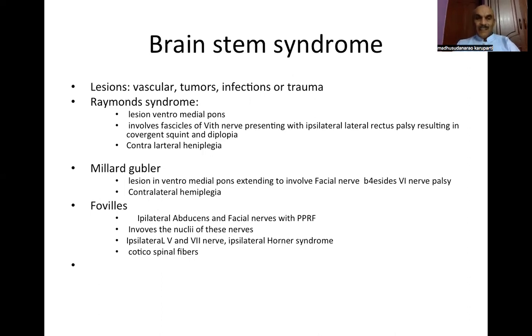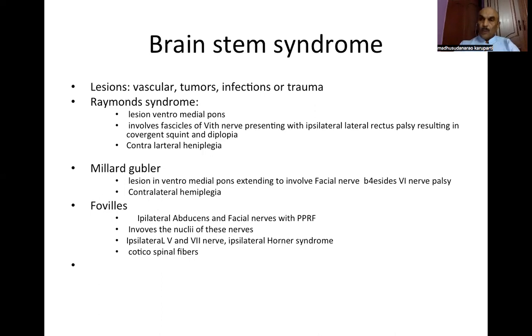It is characterized by a little more extensive lesion, which presents with ipsilateral abducens palsy, ipsilateral facial nerve palsy, and also involves the PPRF, resulting in ipsilateral horizontal gaze paralysis. And if the lesion is more extensive, it affects the ipsilateral fifth nerve as well as the ipsilateral seventh nerve and ipsilateral Horner syndrome,